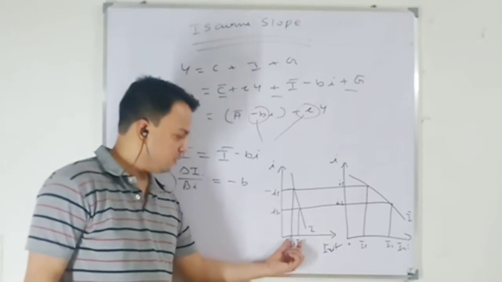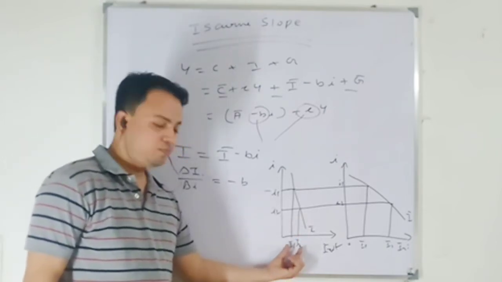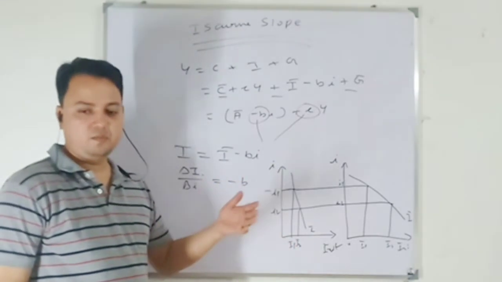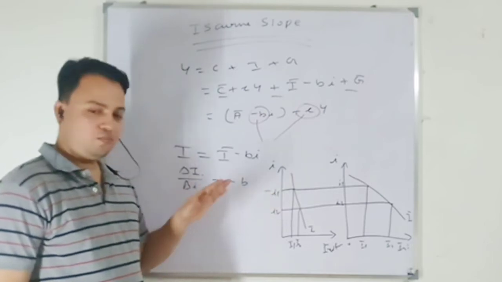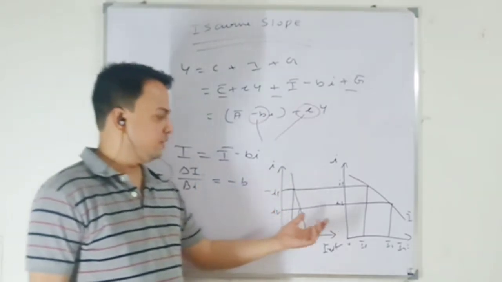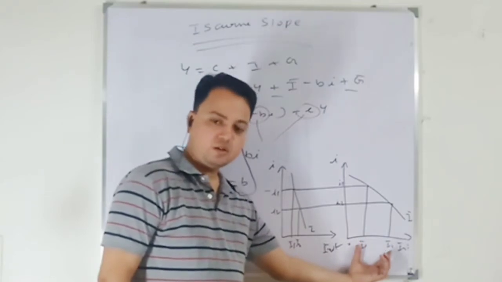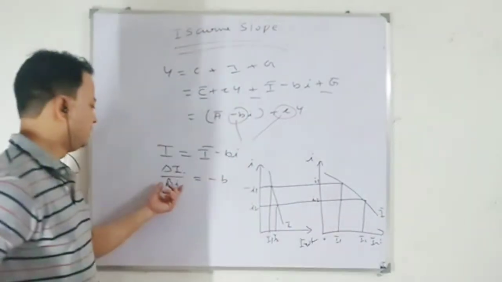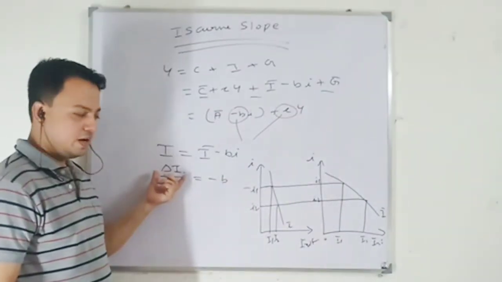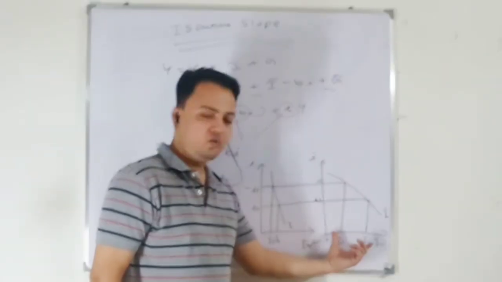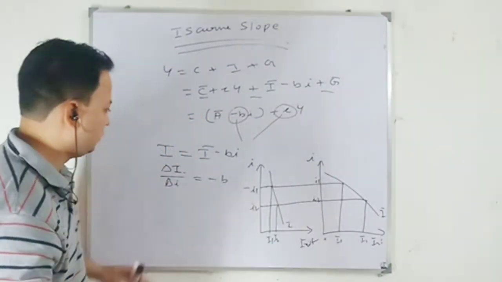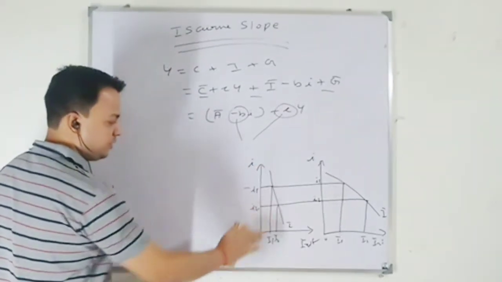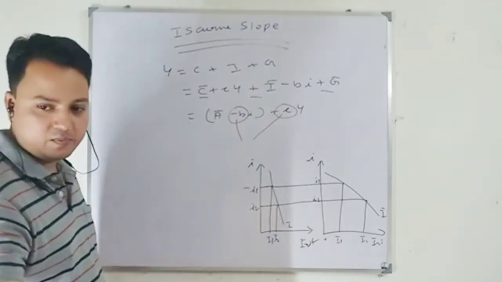In this case, see, only by a small amount your investment is increasing. But if there is more responsiveness in investment, that means if there is a falling rate of interest and firms and businessmen respond more to the falling rate of interest, your investment will increase by quite a large amount. When responsiveness in investment is high, your investment schedule will be flatter. Now I have to look at when my investment schedule is steeper or when it is flatter.